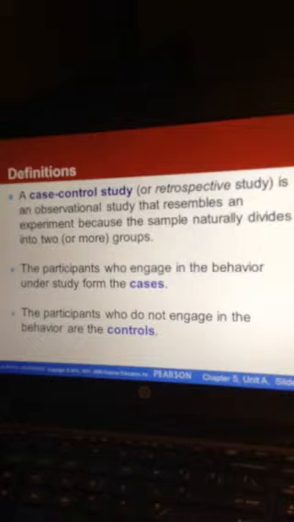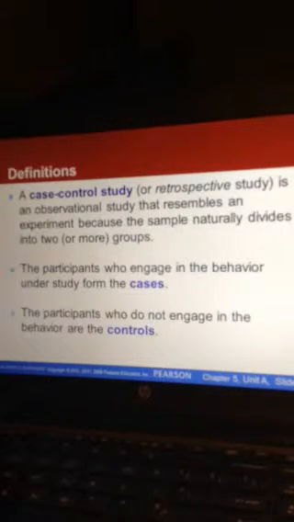that is, we would not want to conduct an experiment on whether or not alcohol consumption during pregnancy affects newborns. We would not want to create two different groups and say, okay, you pregnant moms, you go ahead and drink, and you other group over here, you pregnant moms, you don't drink. We would never want to encourage drinking while pregnant, and so therefore we wouldn't conduct that experiment. However,